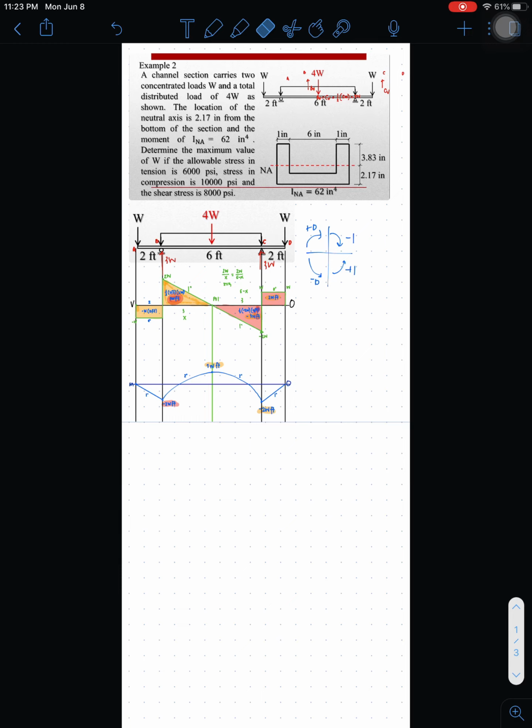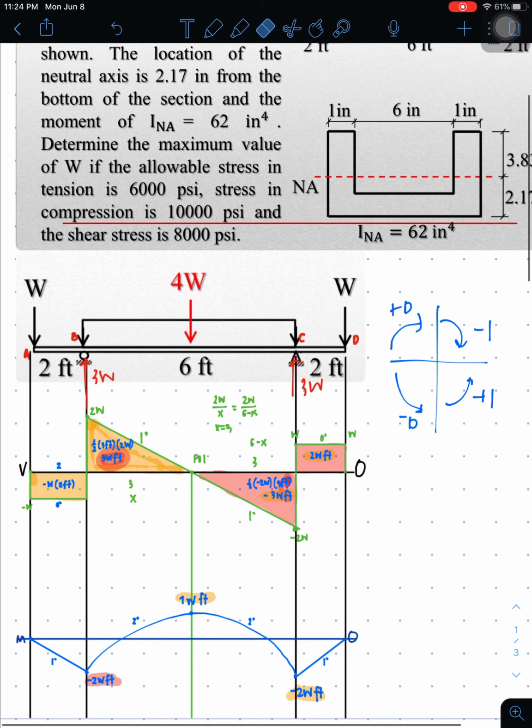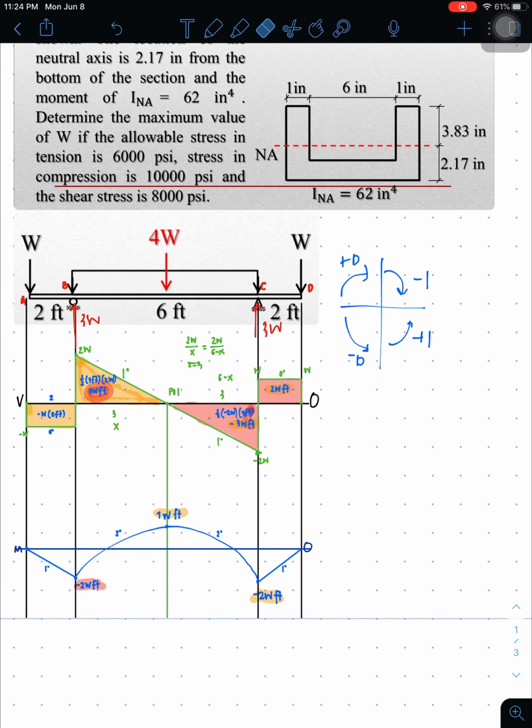So since we're through in drawing the shear moment diagram, let us now try to answer the question. Remember that we're going to determine the maximum value of W among the stresses given. In every formula for the stress, we would be able to get a W answer. And then for all the W's, we will be selecting the least value since we're measuring a force or a,